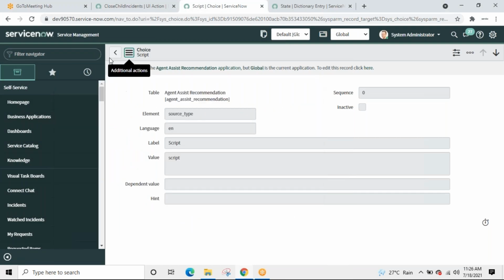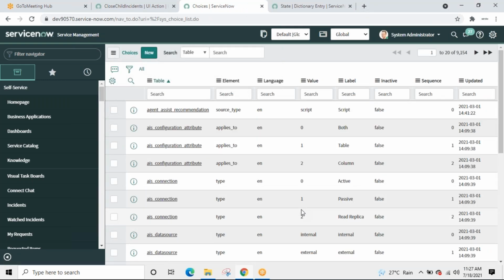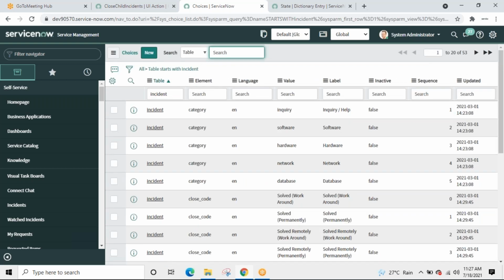Let us see these choices, how they are separated by the table name. If I want to filter out the choices that are created for just the incident table, I search like this, hit, now label and value. See, inquiry help we see as a label, inquiry software we see as a label, actual software. Correct.